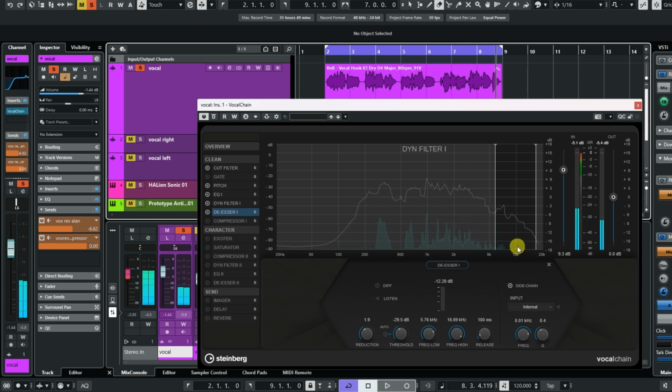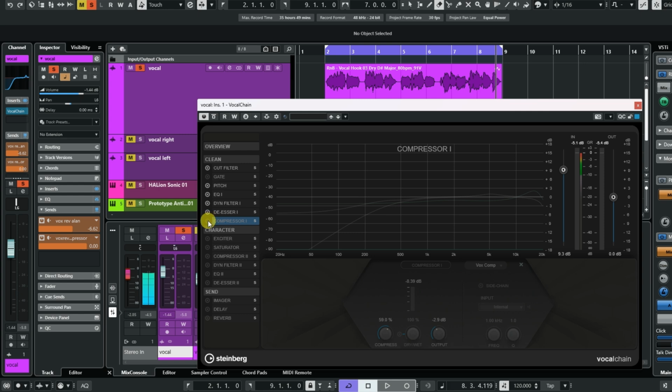And I have that set to around about 10k, but I actually have it set because I've gone through it and listened to it, and it's about 8.9, or 8.0 is where I seem to be getting the harsh S's, so I have them removed. The next thing I have is a compressor, and this compressor will just tame the whole mix down and give everything a nice level. If I press play,